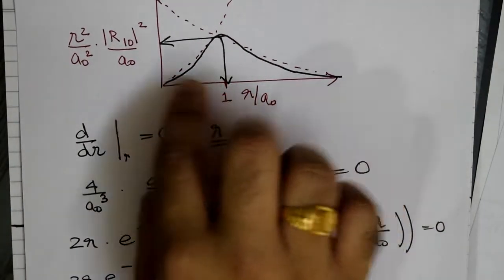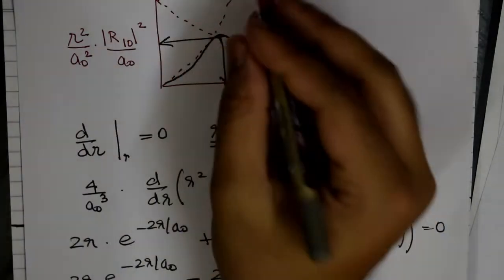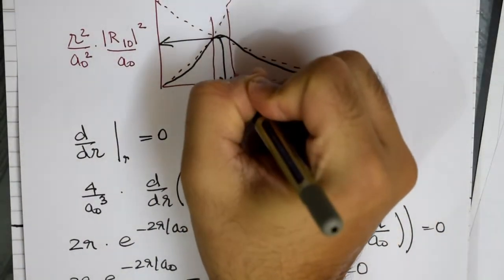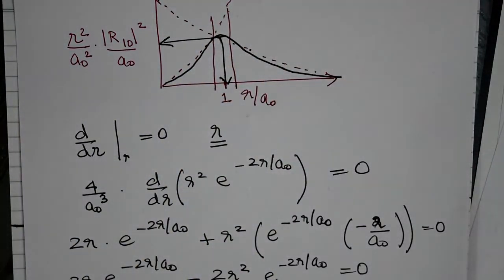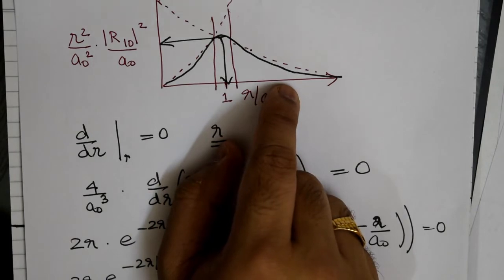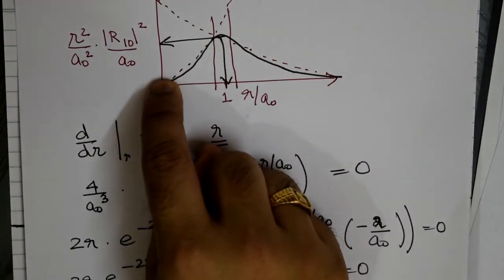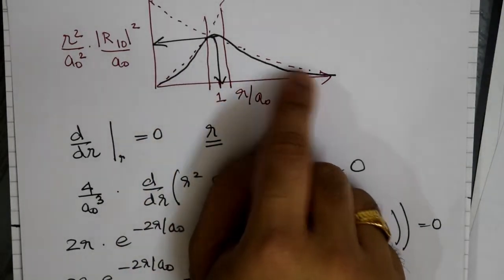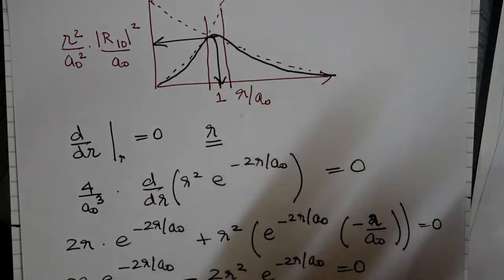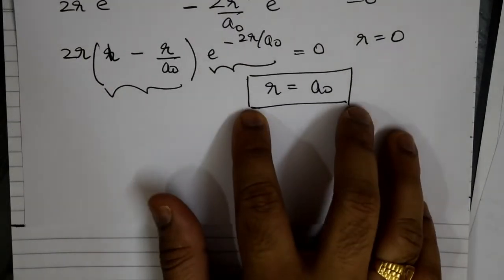Of course, you are plotting the probability, so when you look at it, you find the maximum probability for a small region at the Bohr radius. But you do end up seeing the electron could be present closer than the Bohr radius and farther than the Bohr radius. However, the probability of finding it closer than the Bohr radius reduces significantly, and farther from the Bohr radius it also reduces exponentially as you go away from a naught. So this is an important conclusion that we end up getting.